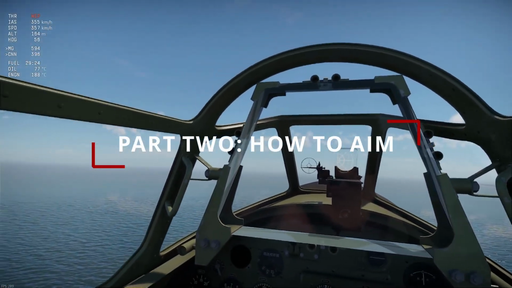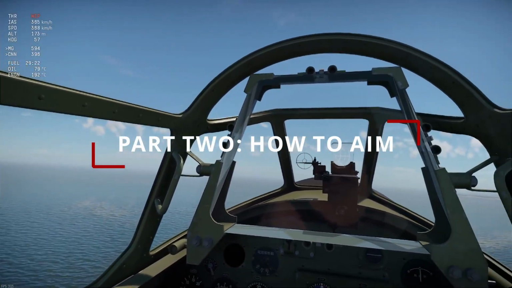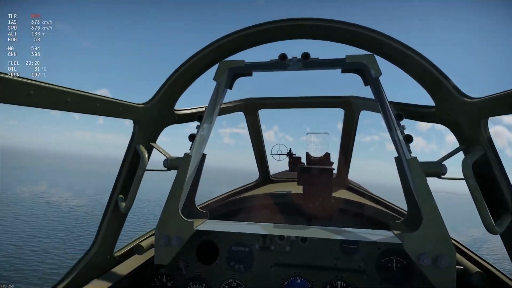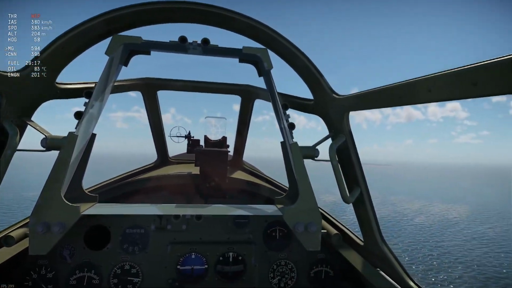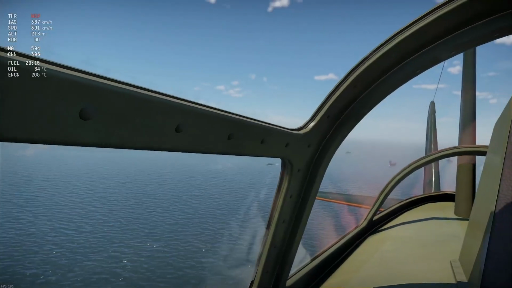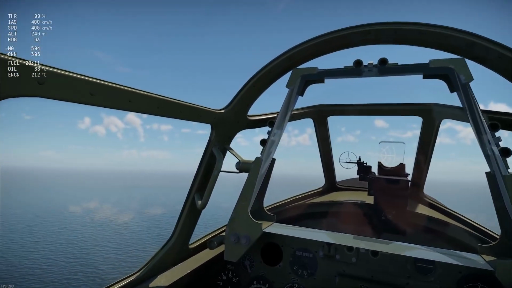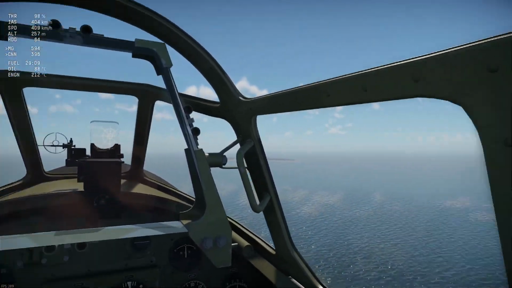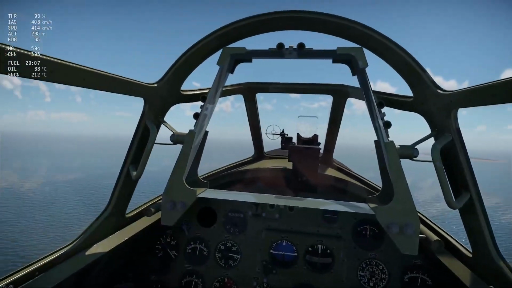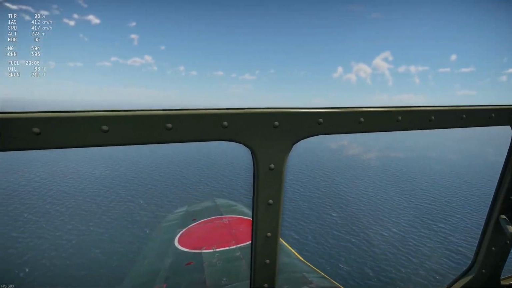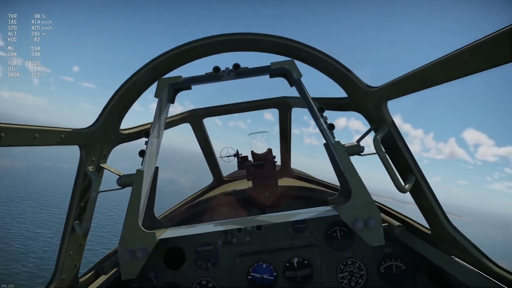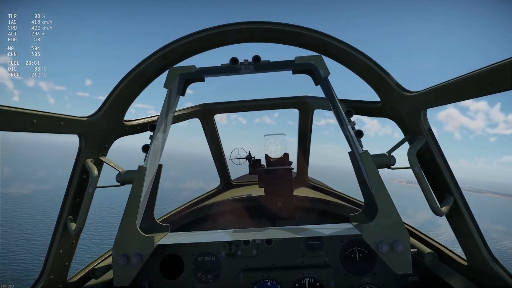Okay, part 2, aiming. I'm in the practice range, and I don't see any enemy planes to shoot at. I don't know why they put me off carriers instead of off of a land base, but they did, in the middle of the Pacific. Anyway, the point is,